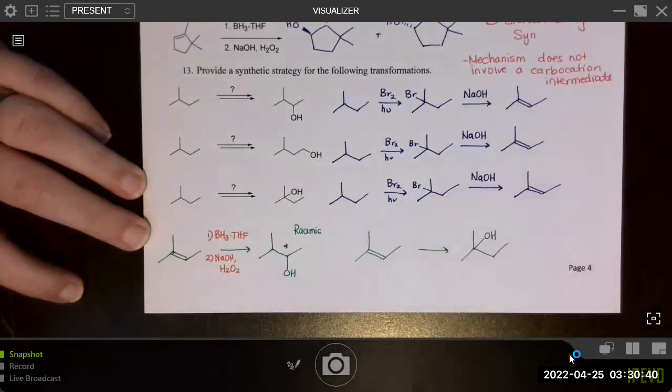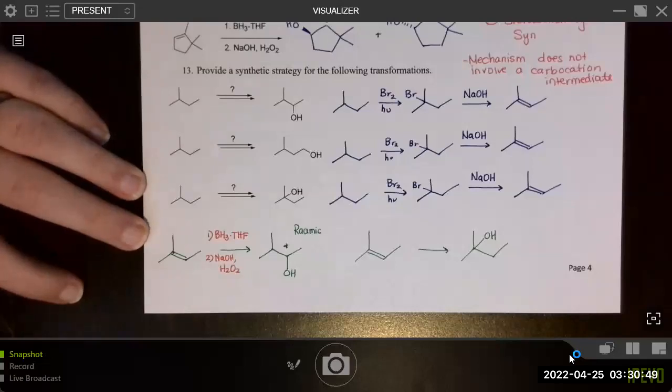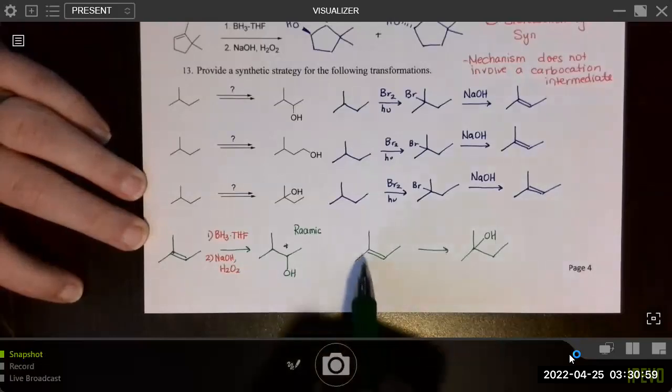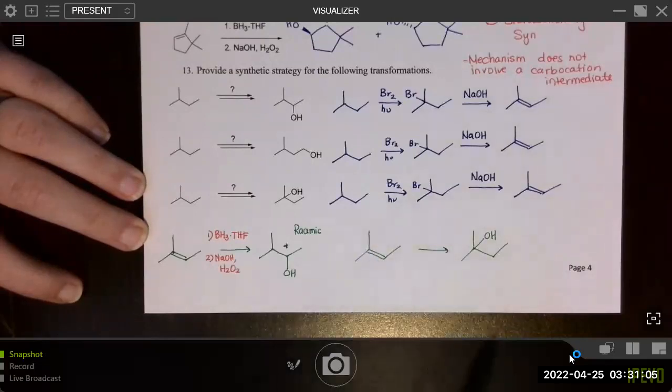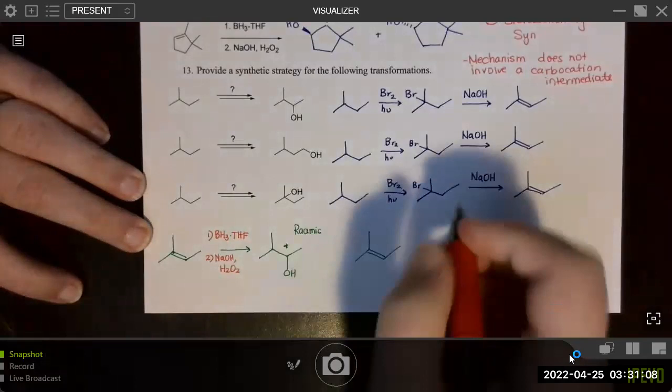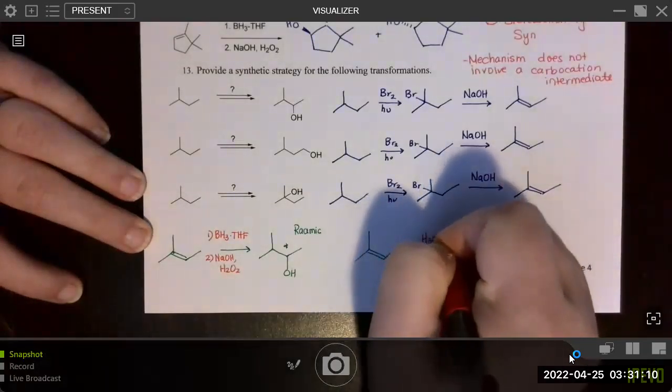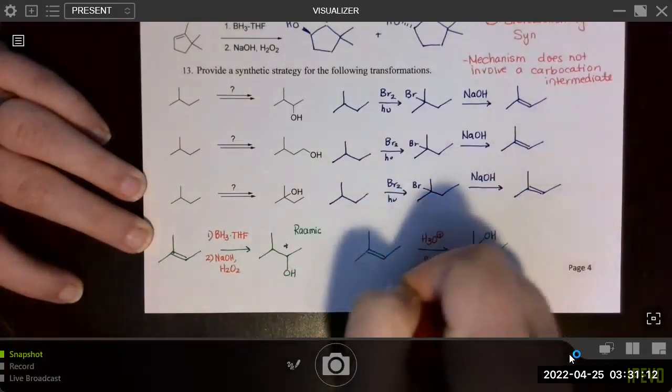This one is going to go Markovnikov. I have two choices when I want to do Markovnikov hydration. I can use H3O plus to do acid catalyzed hydration, or I can do oxymercuration demercuration to get the Markovnikov hydration product. Since I don't have to concern myself with rearrangement in this case due to the formation of a tertiary carbocation, I can go ahead and just use the cheaper H3O plus. Right, but I'll just write or.